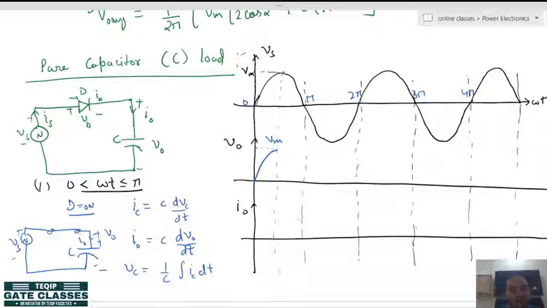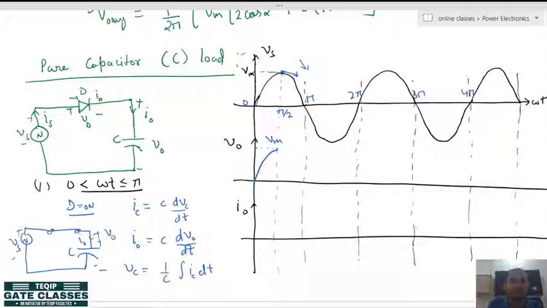But now observe, when the capacitor has already charged up to Vm, after that what is happening? The supply voltage from the peak is going down, means the slope of the supply voltage is going down, but since there is no path for the capacitor to discharge itself, the capacitor will hold this Vm value unless some circuit parameter or some modified circuit is there to discharge it. So, after getting charged, just beyond pi by 2, this is the pi by 2 instant, if you talk just beyond pi by 2,